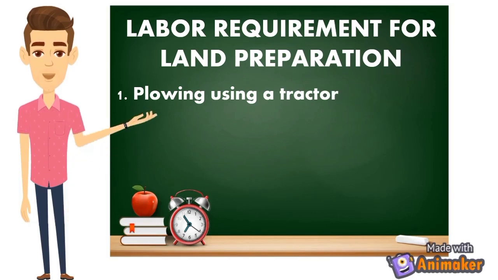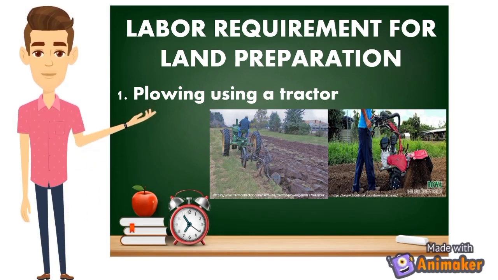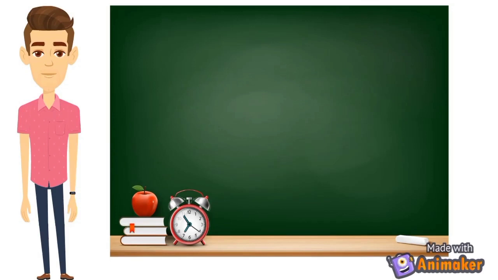First one is plowing using a tractor. So, what is the tractor? Yan po. So, when we say plowing, ito po ay yung pag-aararo ng lupa. Kung galing sa patag na lupa, so kailangan natin bungkalin yan gamit yung tractor. If ever na malaki yung garden site natin or farming site natin. So, if ever naman, pwede tayong gumamit ng hoe, pick matok, or any other tools which can be used for plowing the land or the soil. Okay, next,